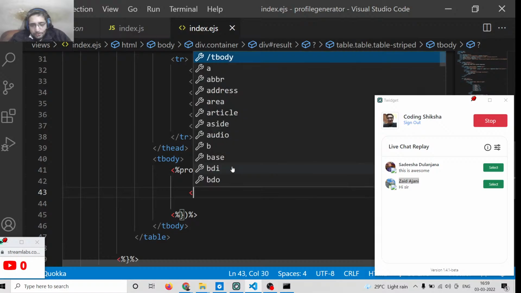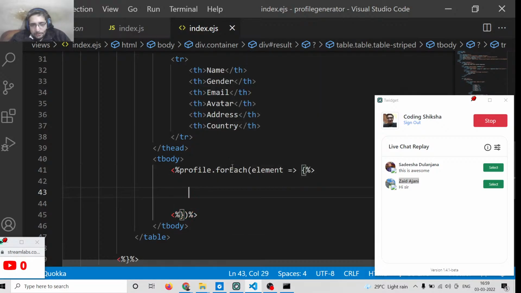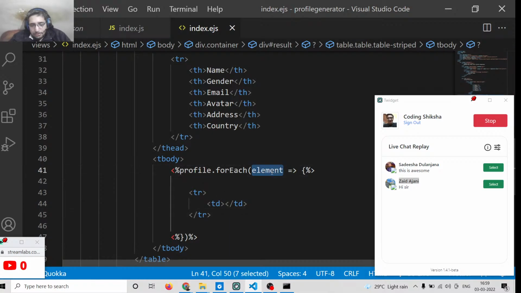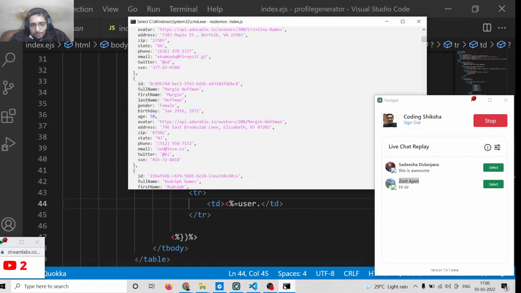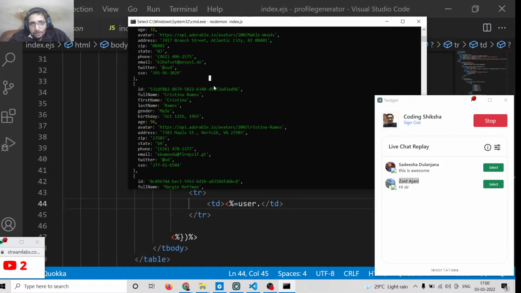And here we will use the tr tag and td. The first thing we need to display, let's suppose, is user, and user will be for the name. If you check the object which is returned to us,